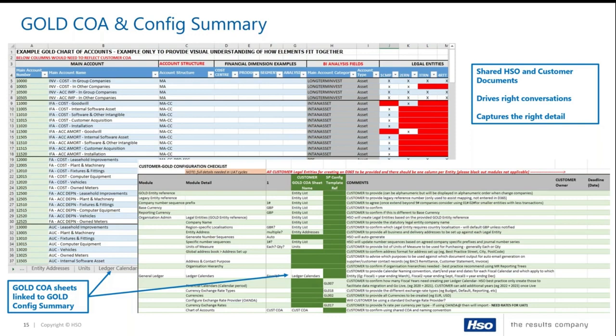We can support multi-legal entities, and this can be cross-referenced through to the configuration checklist. What this allows is the customer and HSO have a shared understanding of what needs to be completed in the relevant phases of the implementation to therefore complete on time. This allows the right conversations to happen and allows the right level of detail to be captured in the analysis